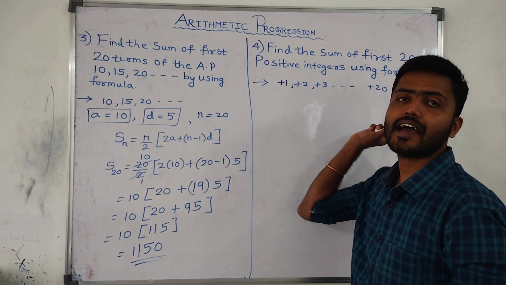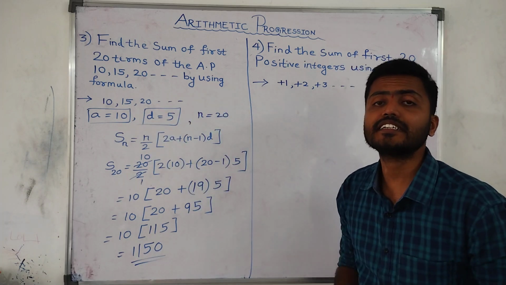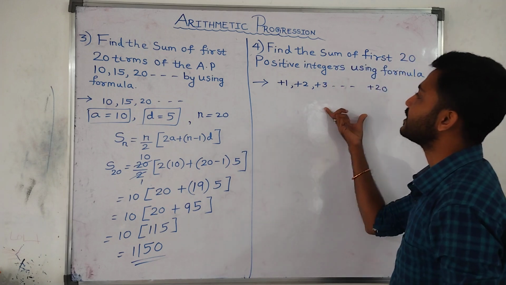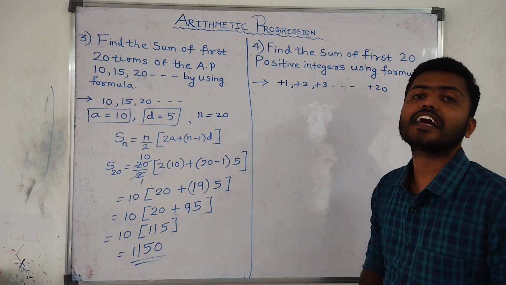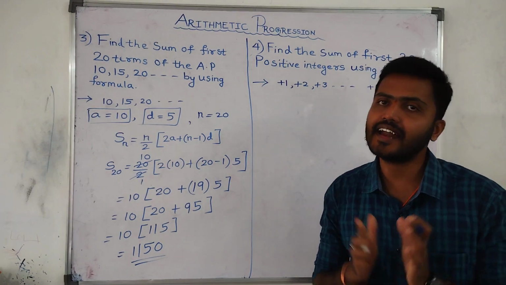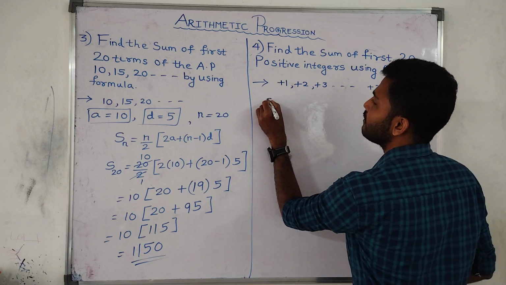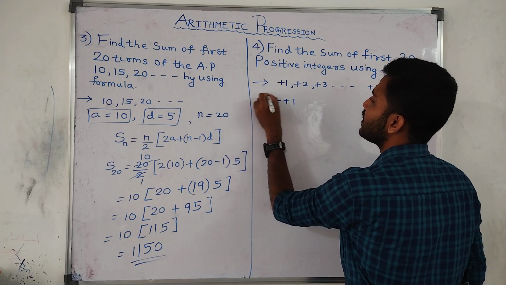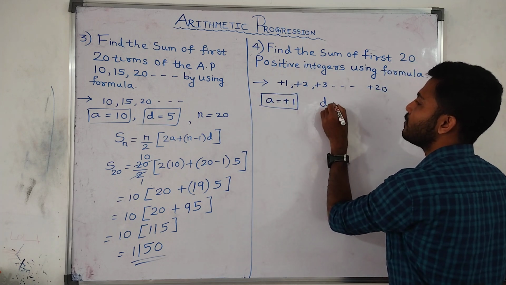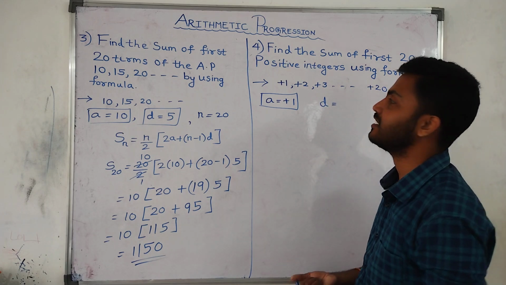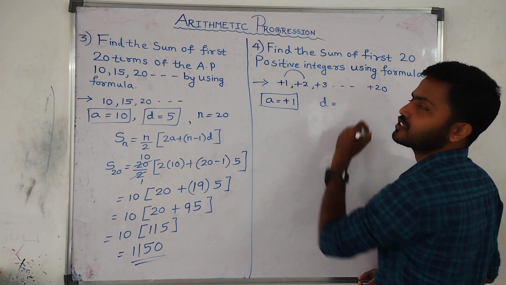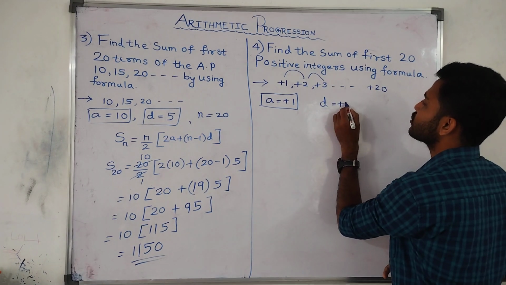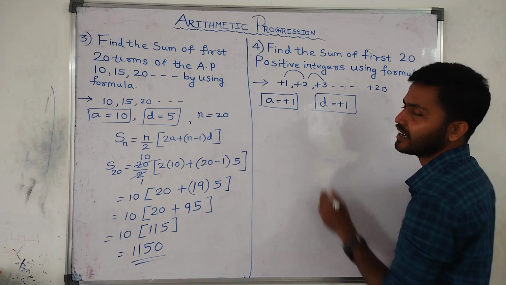Okay? So now if I add all these numbers, what is the answer that I am going to get is the question. Now that we have written the arithmetic progression, let us write down the values of A and D. So what does the A value become, children? It is going to be, yes, plus 1. Then what about the common difference? Common difference is also 1 because second term minus first term you get 1, third term minus second term you get 1. So the common difference is going to be a positive 1 once again.